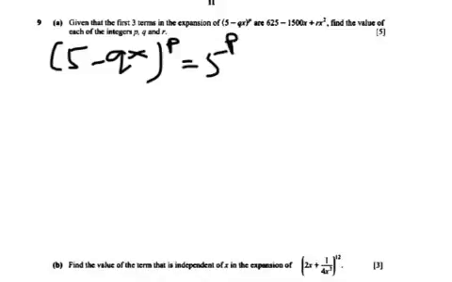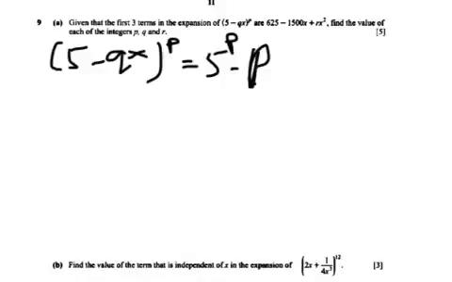Alright, let's continue with this, which is called binomial expansion. They give you the first three terms, which is 625, so I can write down these first three terms first. (5 - qx)^p should be equal to 5 to the p power. It's minus, so it's minus